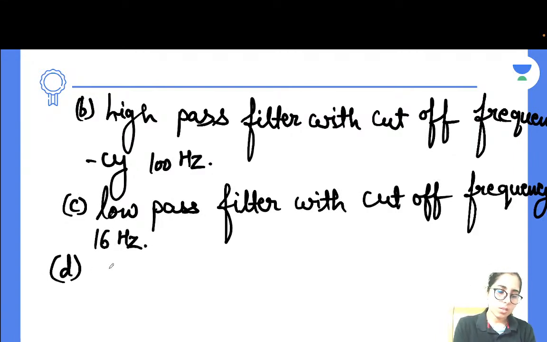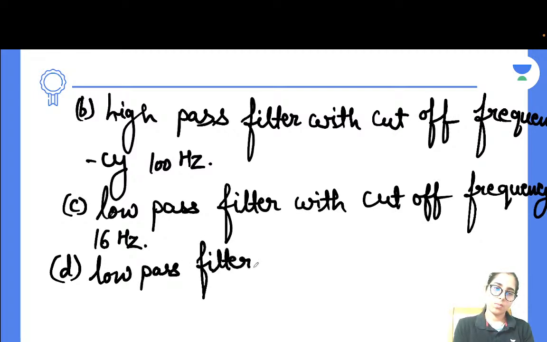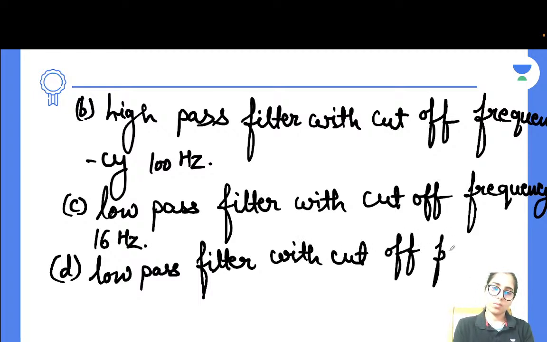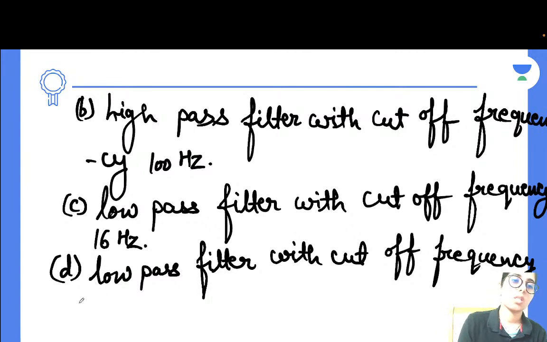Option D is low pass filter with cutoff frequency 100 hertz. And the options are, oh, these were the options, and the figure is